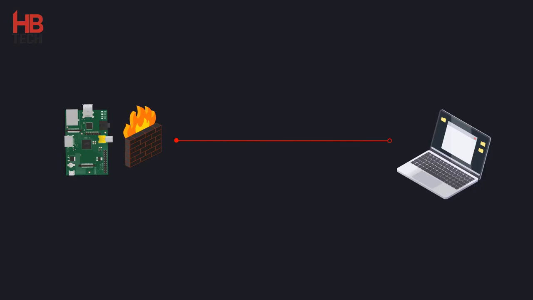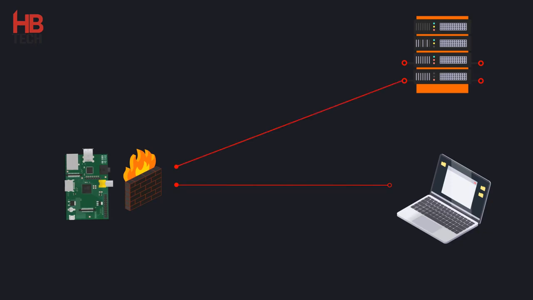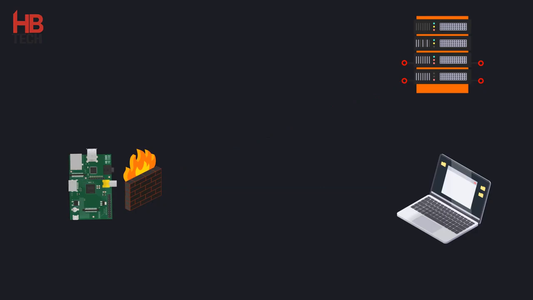So what's the solution for this? We have set up a virtual private server and we are calling it the command and control server. A command and control server could be any VPS cloud server on the internet through which we can communicate to our Raspberry Pi. Same here, we can't SSH directly into the client. We can configure the Raspberry Pi Dropbox to connect back to our CNC server.